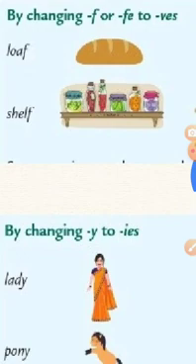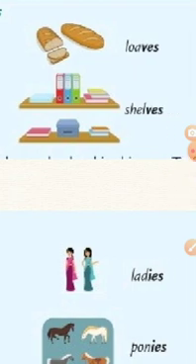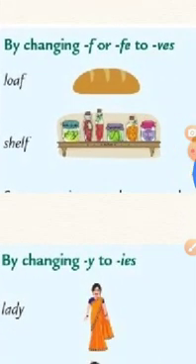And there's one more. There are some words which end with FE also. Like for example, knife, KNIFE. Here the last letters are F and E. So here we will remove FE, not just F. We will remove F and E, and in its place we will put VES, making it KNIVES, knives. So this is the third rule for changing a singular naming word to plural naming word.